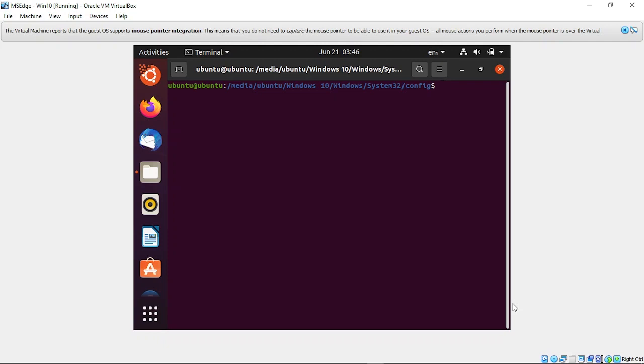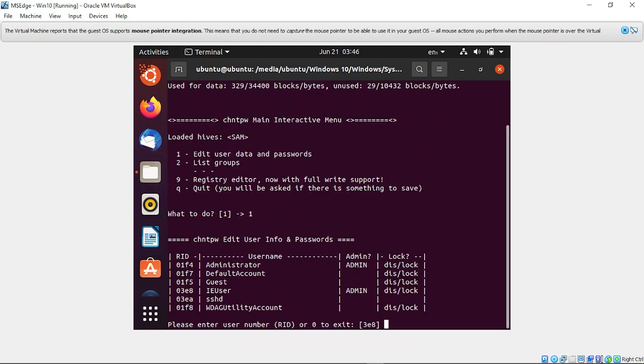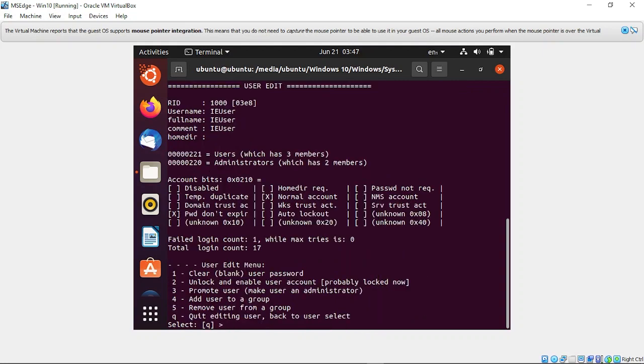We are good to proceed. I'm going to type sudo chntpw -i SAM. Now click on it. What I'm going to do is edit user data and passwords, so click 1 and click enter. Now this is my user, which is the default. Just click on enter.